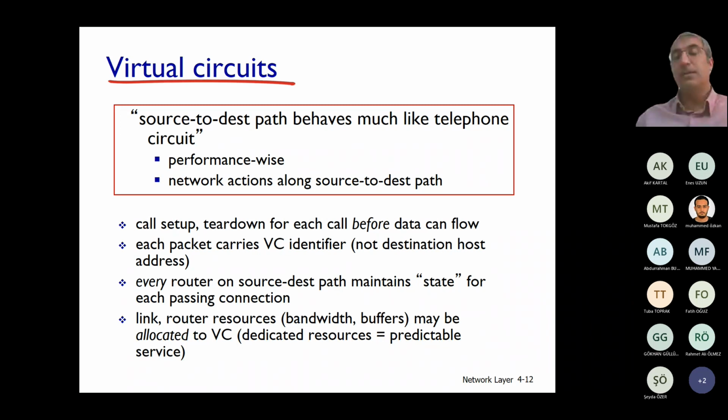The VC, or virtual circuit identifier, is the ID number. Every router on the source to destination path maintains state for each passing connection. So we have routers throughout the path from source to destination, and every router on this path needs to keep the state for each passing connection, which I'm going to show you. And because this is connection-oriented, some of the link and router resources, such as bandwidth and buffers,